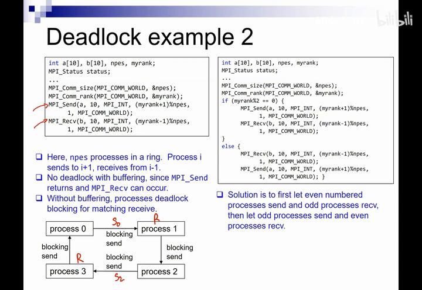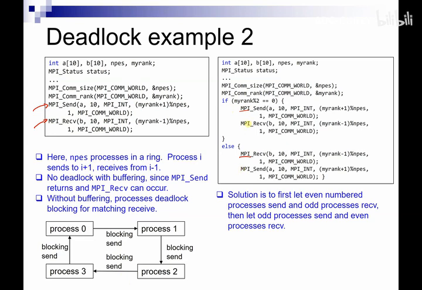So then P0 can finish its send, and then P1 can finish its receive. And likewise, P2 is going to send first, and P3 is going to receive first. So P2 and P3 can also finish their first steps. And then after they finish their first steps, then we can have